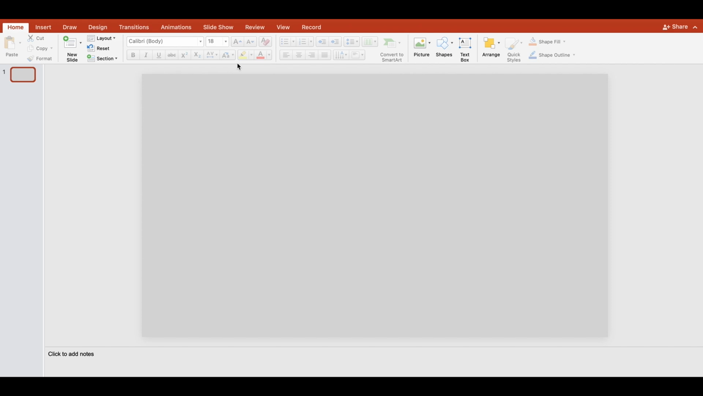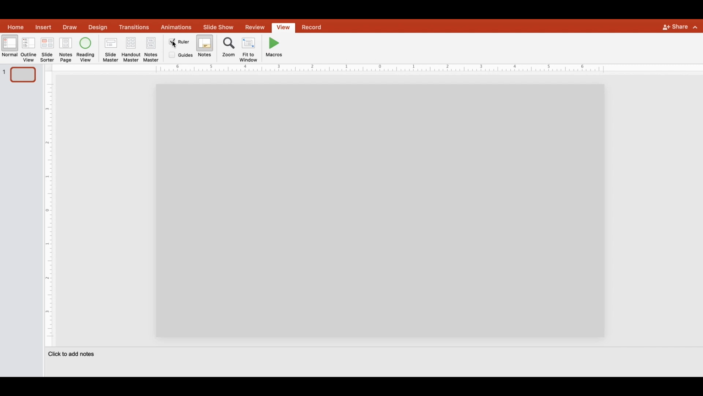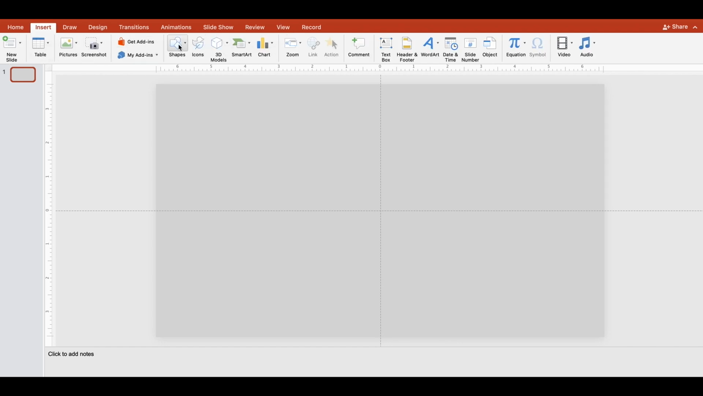We start with a blank slide. First, let's go to View, then Ruler and Guides. Insert our ruler and guides. Now let's go to Insert and Shapes,